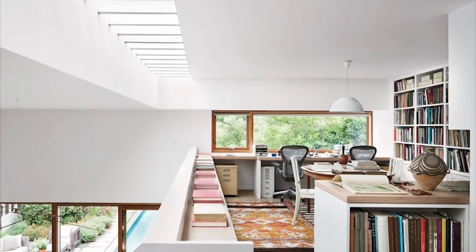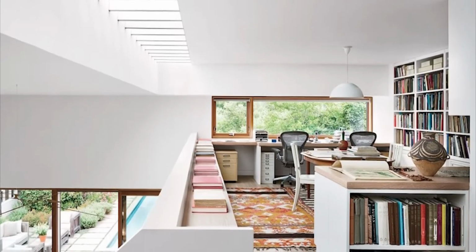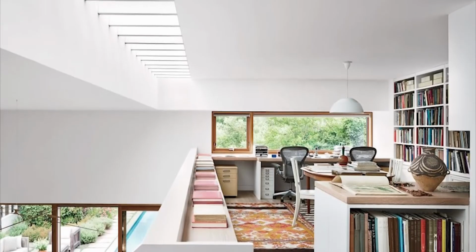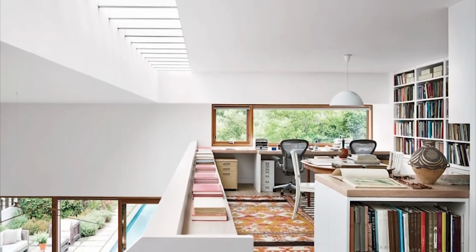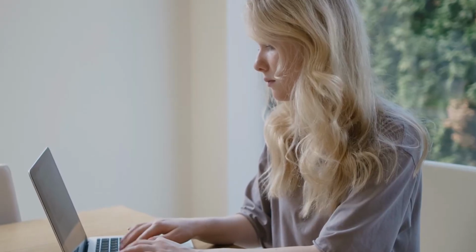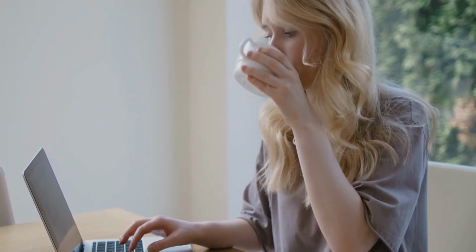Number 1. Right off the bat, this design welcomes us with natural lighting coming from various angles. Situated on the second floor, overlooking the garden and pool, Stephen Harvey's mezzanine office could give you a paradoxical experience. You could either easily chill and be present or let your creative juices flow by letting your mind get lost,